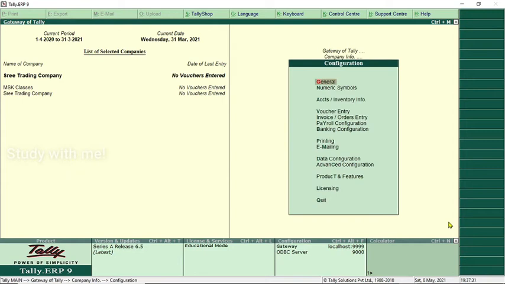Once you press F12, the configurations will be listed: general, numerical symbols, accounts and inventory info, voucher entries, invoice and order entries, payroll configuration, banking configuration, printing, email, data configuration, advanced configuration, product and features, licensing. These are the options available in configuration.